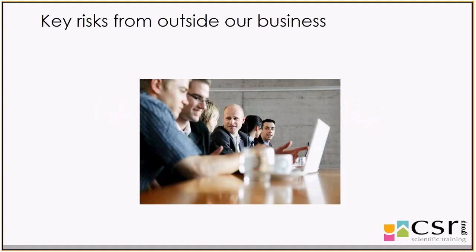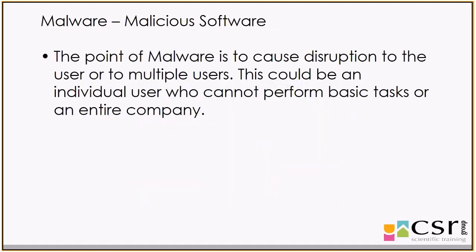So I'll kick off. Essentially, what are the risks for us from outside of our business? And the main things that we hear about in the press quite often are malware, where hackers or computer programmers start to develop programs that are malicious in their intent, and then infect our computers with them to try and mine data or stop service, or access personal data or information about individuals within the company. So the point of malware is then obviously to cause disruption.